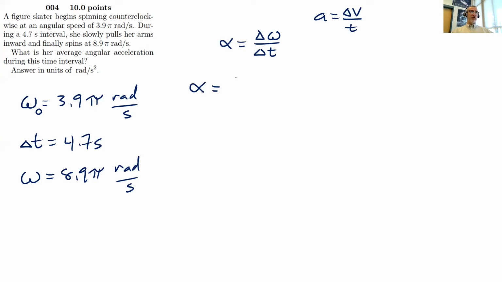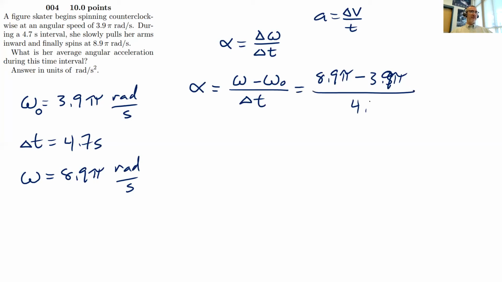So the angular acceleration is going to be my final omega minus my initial omega, my final velocity minus my initial angular velocity, divided by the change in time. So in this case, I have a final angular velocity of 8.9 pi radians per second, and my initial angular velocity was 3.9 pi radians per second. And all of that is happening in a time of 4.7 seconds. So my angular acceleration, 8.9 minus 3.9, that would be 5 times pi radians per second divided by 4.7